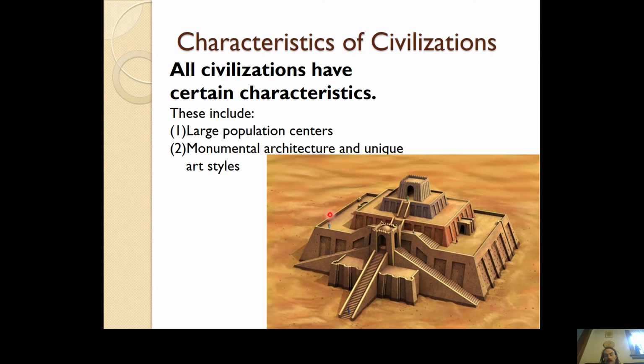This building here is called a ziggurat. This is a feature of ancient Mesopotamian cities, which would be in modern day Iraq, Kuwait, and Syria. They call that the Levant in a lot of sources. We'll hear it called the Levant by many people. It's kind of an older term. You will not find something like this ziggurat in Egypt, because Egypt is a separate civilization where they use pyramids. So the unique art style of their buildings and their clothing and their art is what separates them into different civilizations to us modern historians.